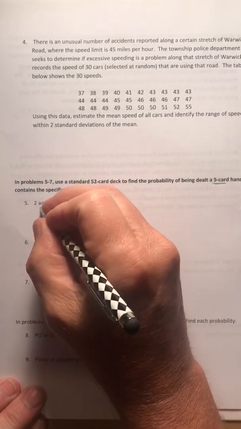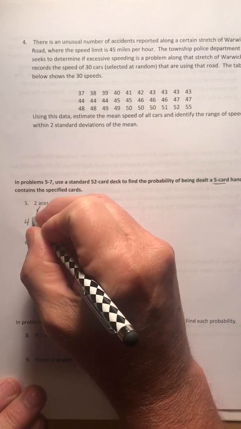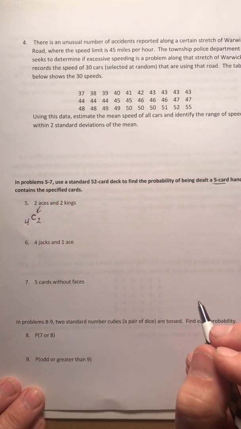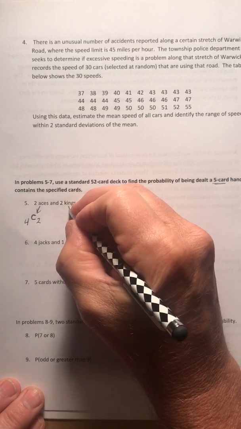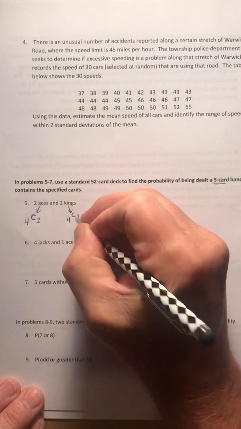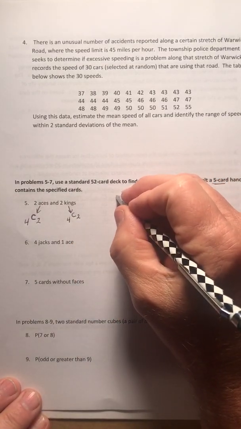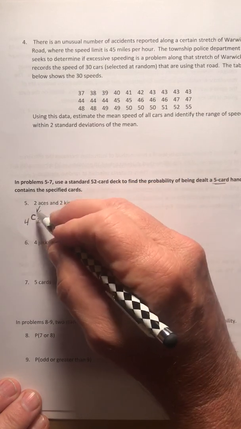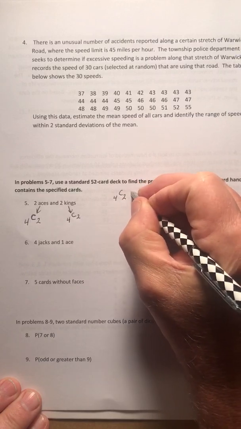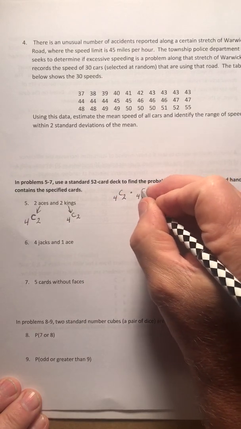To get our aces, we have to do the 2 aces. There are 4 aces in the deck, C, because order doesn't matter, 2. That would give us our 2 aces. To get our 2 kings, there's 4 of those in the deck. C, 2. So, it looks like this. All the different possible ways of getting 2 aces is 4 C 2 times our 2 kings, again 4 C